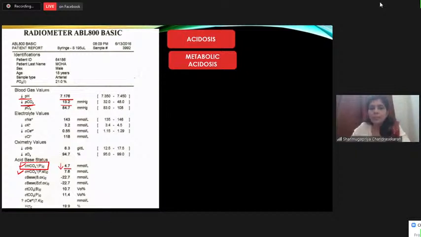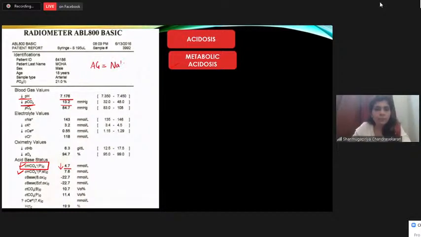So whenever you see metabolic acidosis, what would you do next? You're going to calculate anion gap. Please understand this. Do not calculate anion gap if it's not a case of metabolic acidosis. It carries no meaning. Just because you're given an ABG report and just because you've always been taught about anion gap in ABG, don't start calculating anion gap. You understand this? Anion gap carries a value only when it's a case of metabolic acidosis.